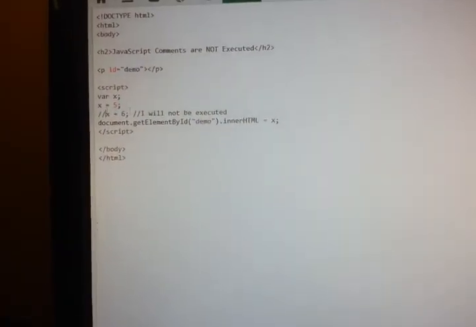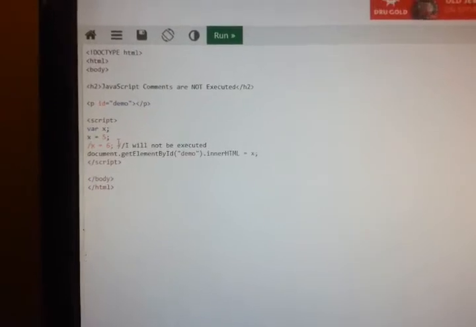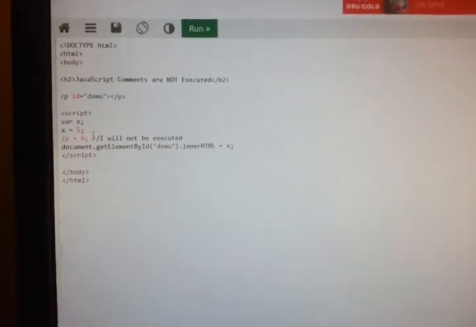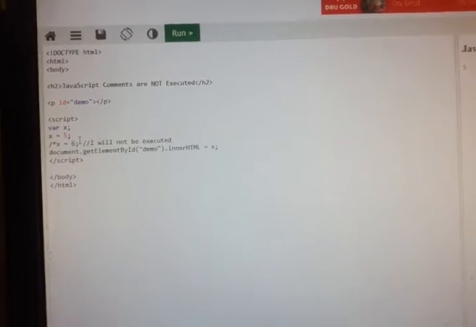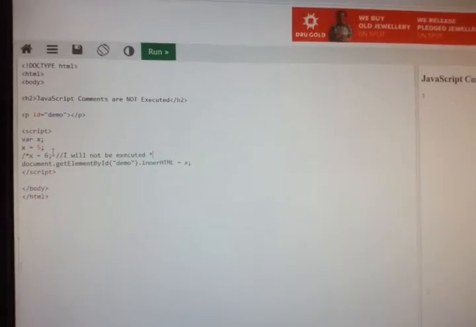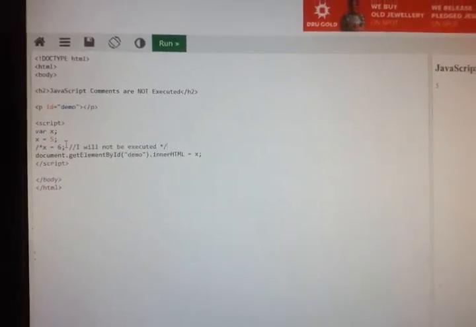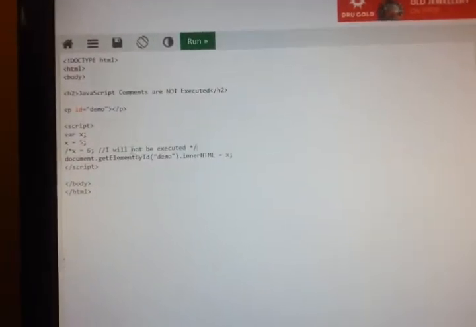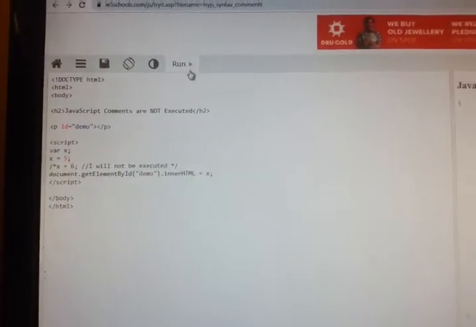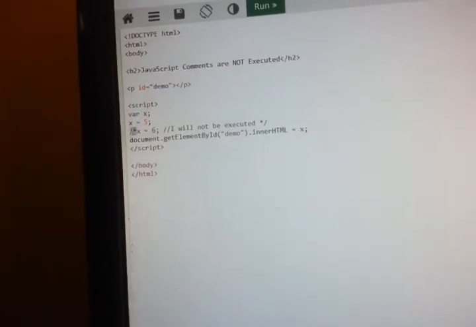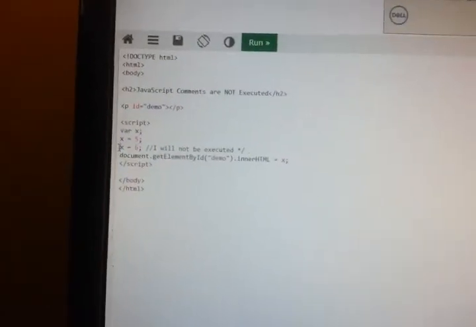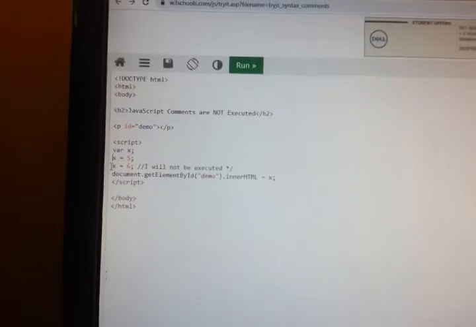Now similarly you can use slash star, and I have to use star slash. Now if I run the program, I got only 5. Now if I remove this, if I add here slash star,